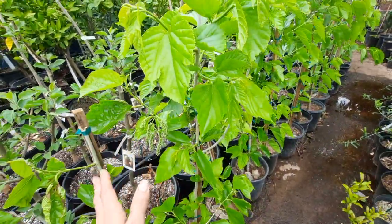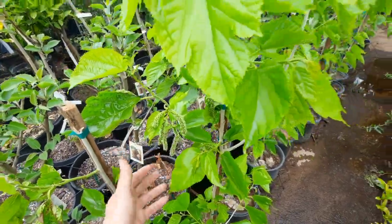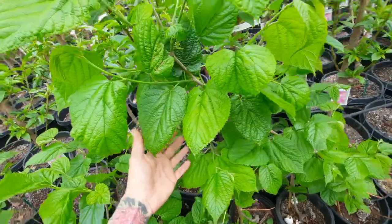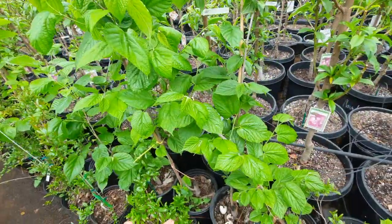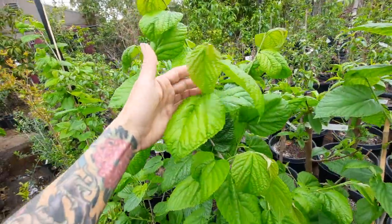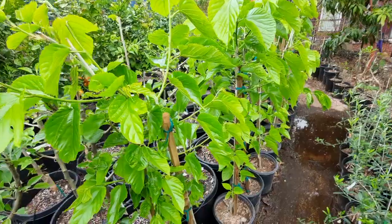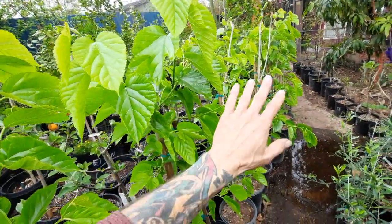I carry many varieties of these. These are the long Pakistani blacks. I've got some whites. I've got some Shangri-Las, which are gonna have a lot larger of a leaf on it, okay? But look how green and beautiful these look this time period. They've just woken up. Everybody looks gorgeous, okay? So the mulberries absolutely look incredible, and this is a very good tree to start with to give you guys